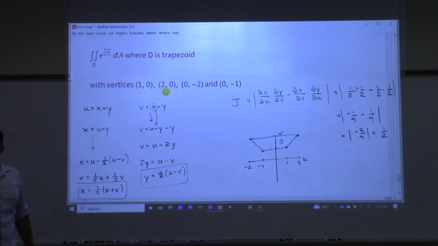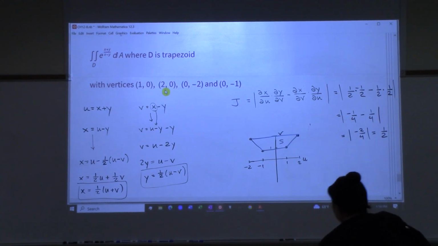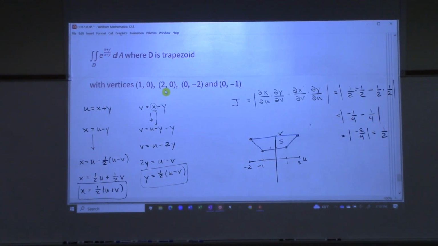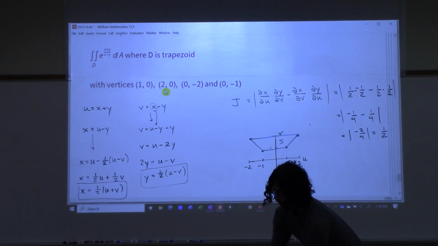Questions? Yes? Why did we set u and v equal to the exponent variables? Let me, when I set up the integral, I'll try and restate why I think